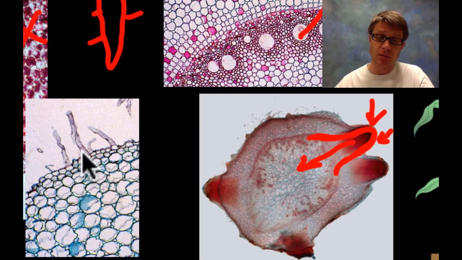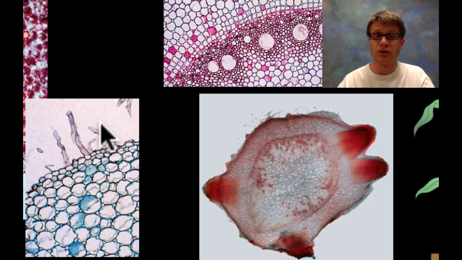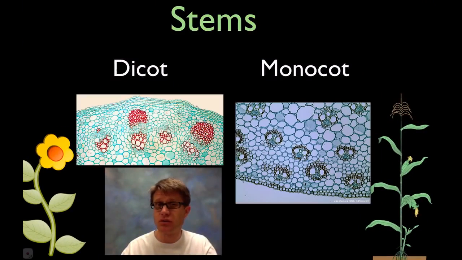Now, if you look at the edge, some of these cells are modified into what are called root hairs, and the function of that is to increase surface area. And a lot of these have fungus that are living in and around them, symbiotic fungi, that allow them to absorb even more nutrients. Now we're going to go above ground into the shoot system, and we're going to look